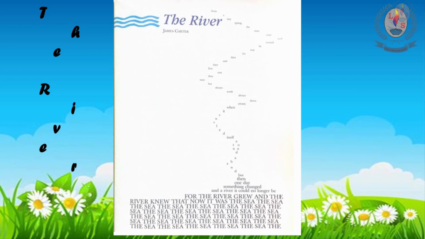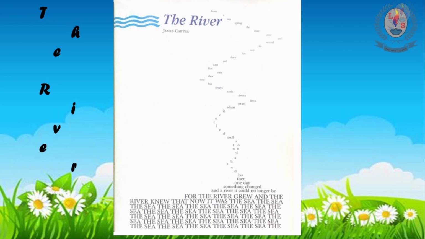Now, just look at the structure of the poem. The topmost part is the place where the river begins, and think that the bottommost part is the sea. Now, can you see the words are also like a river flowing towards the sea, right? That means in this concrete poetry, rather than the words, rather than the techniques which are used to write the poem, what is the most prominent thing? That is the shape of the poem.